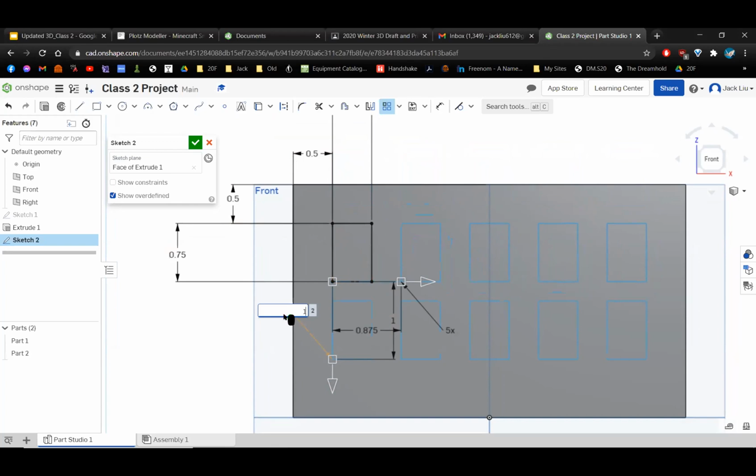Wait, how did you make the double layer again? I couldn't follow. Okay, so